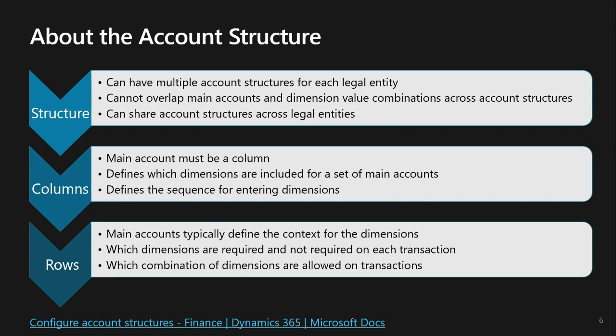Your account structures are split up into columns and rows. Starting with the columns, a few things to note are that first, your main account is a required column in every account structure. However, the main account does not need to be the first column. By default, when you create a new account structure, the main account will be the first column, but you can move it by adding another segment or a dimension and moving that segment or dimension to the left of the